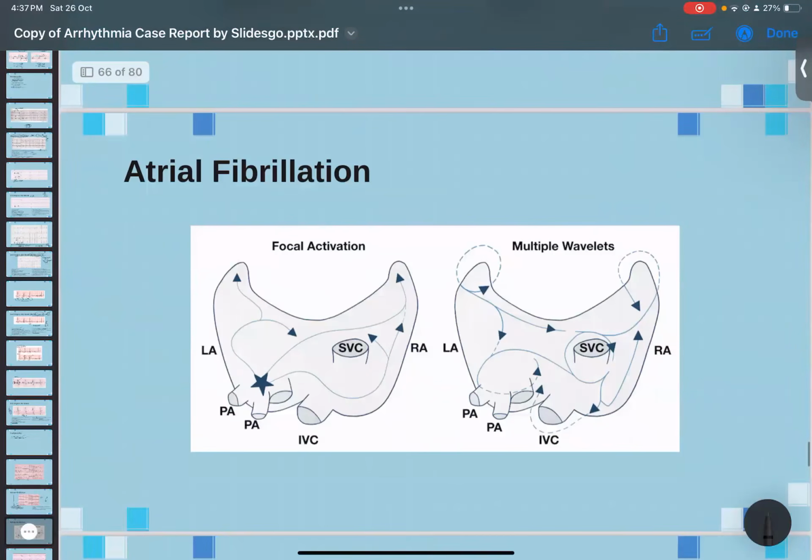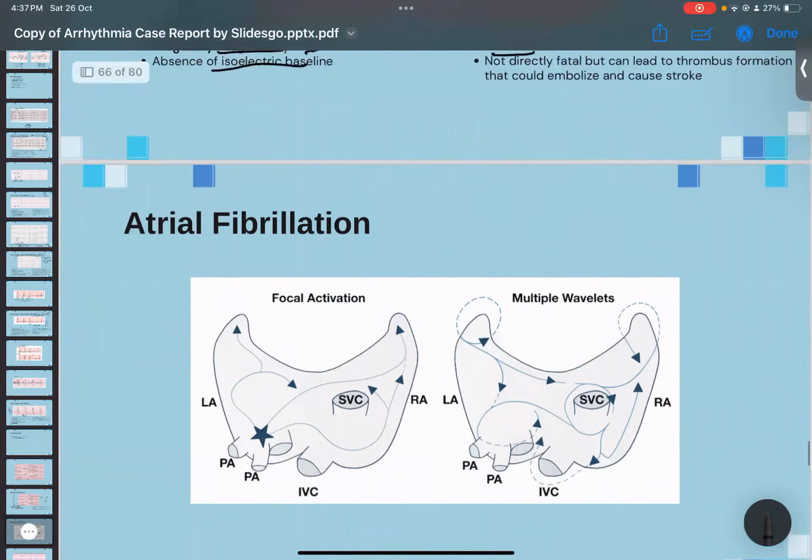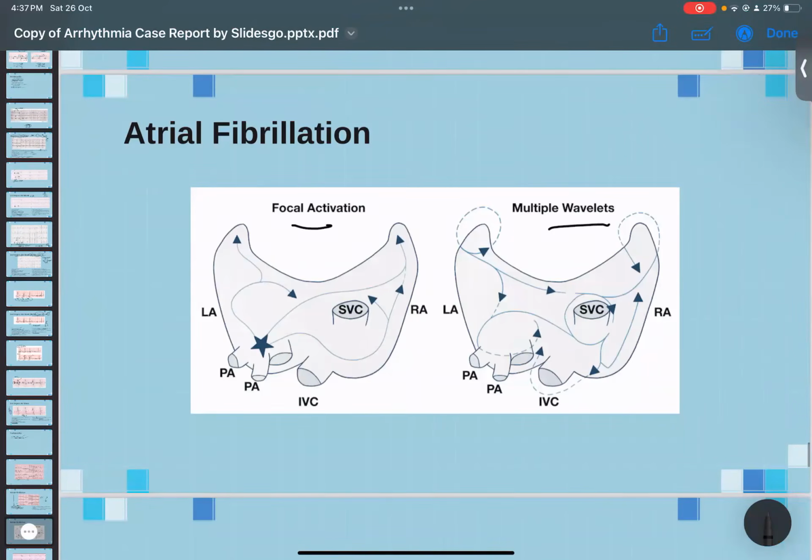Regarding the pathophysiology behind AFib, it's either focal activation or multiple wavelets. Focal activation means there could be an ectopic tissue of nodal cells within the pulmonary arteries, and they would generate electrical impulses. These impulses would come to the atria and depolarize the cardiac muscles at a much faster and more haphazard rate compared to how your SA node